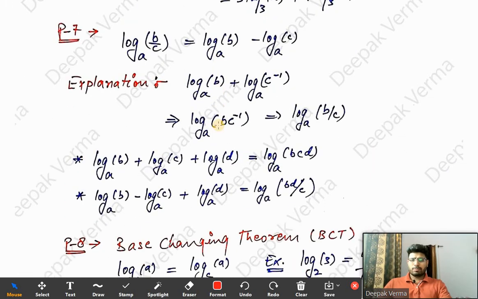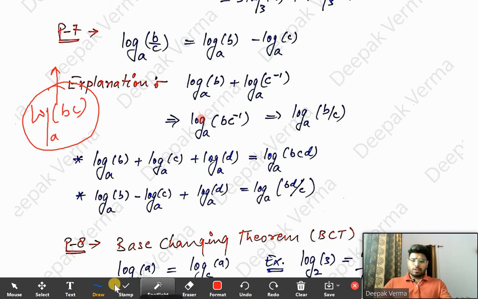Now property number 7. If we have log b over c base a, then we can write log b minus log c. This is not a new property. This property has come from log b into c. Look, we can write it like, we have minus 1 here. Minus 1 will go to the power of c. So we can write c to the power minus 1. By this property,